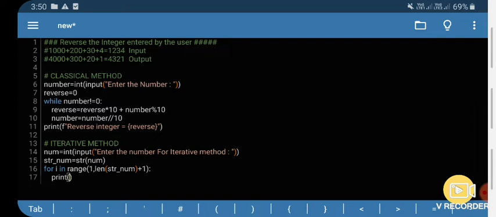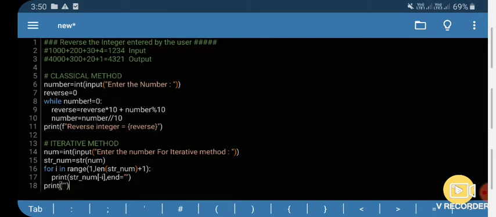So whatever i will be, we will just place a negative sign so that we get a minus index. str(num)[-i]. And to print them one after the other, we will write end equal to double quote. For the new line character, we will just print,